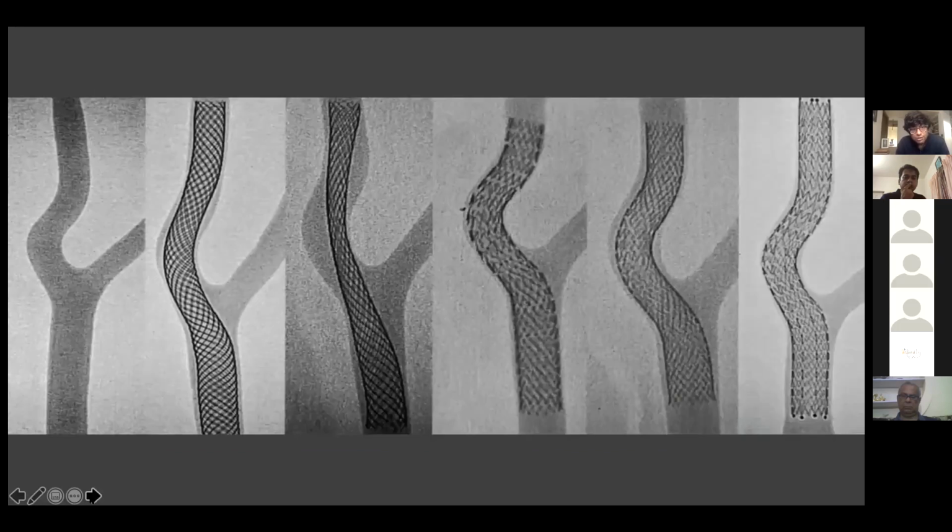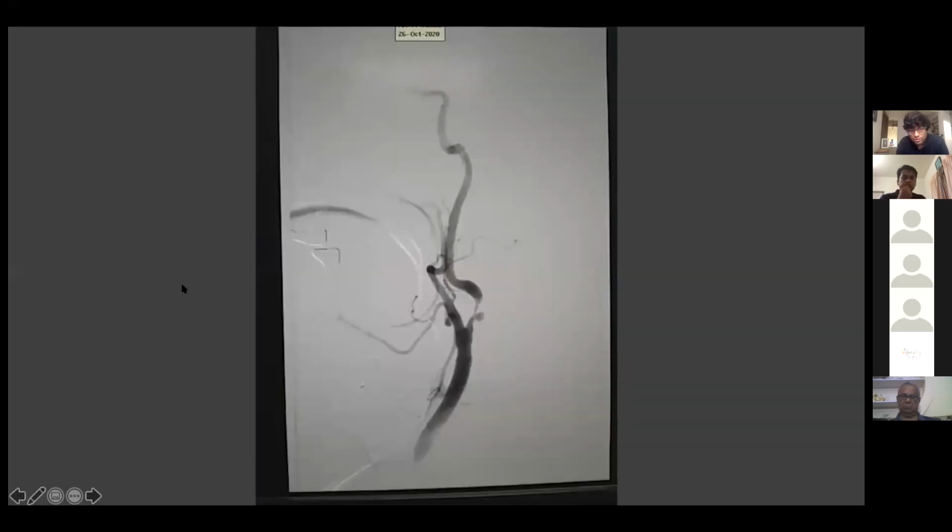And this is about conformity of the stent. As you can see, you will have an open cell stent which aesthetically looks much better. It's conforming much more to the anatomy of the artery, but has limited radial force. So obviously more difficult and tougher plaques will not respond to this, but this is the closed cell design, which will conform much less, but will have better radial strength.